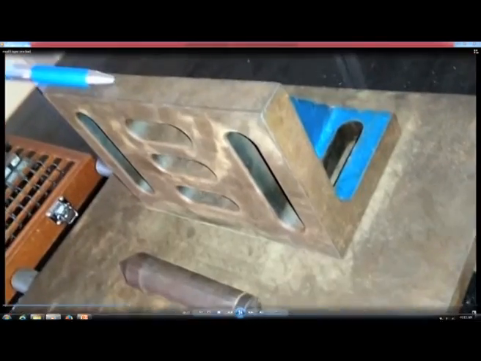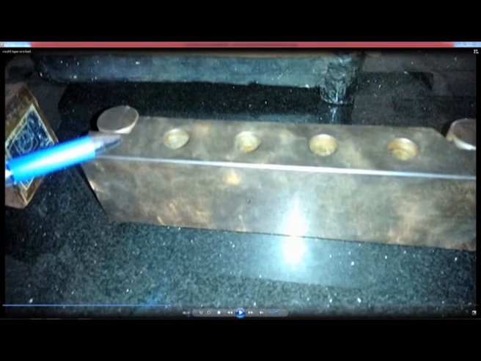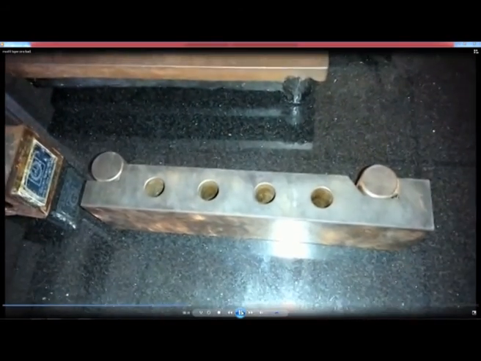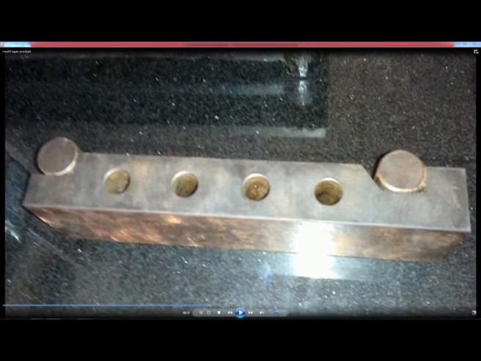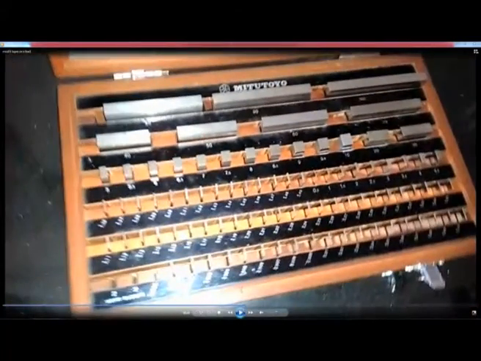This is the angle plate, the top surface of this is the top surface of the sine bar, and this is the side surface of the sine bar. You can see the relief holes. We have the slip gauge box.